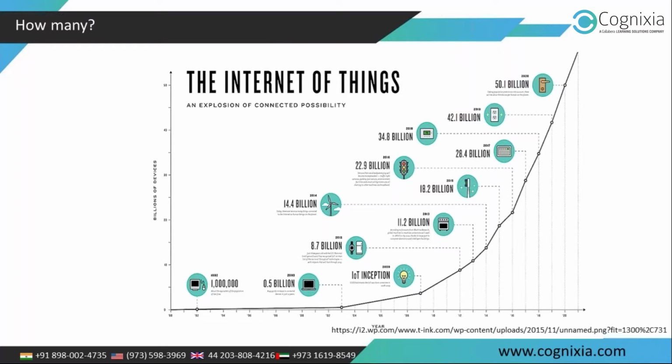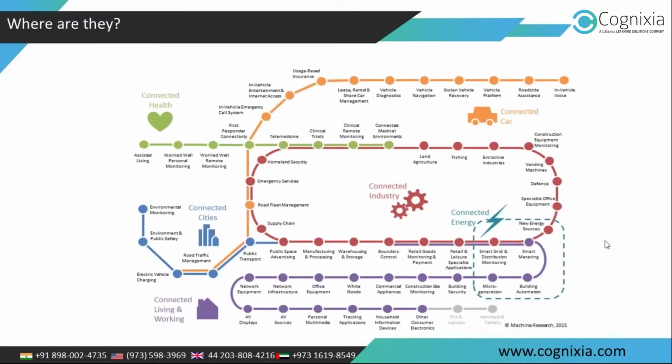So this 50 billion objects come from all these verticals. They come from the consumer world. They come from the manufacturing world. They come from our personal lives. So these objects are going to be everywhere, and this is the kind of potential IoT holds. And along with this potential comes the economic potential. We'll have more discussion on the economic potential of this technology. Let us first look at where you are going to find these objects.